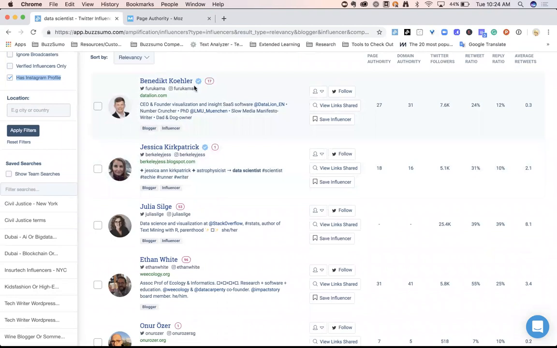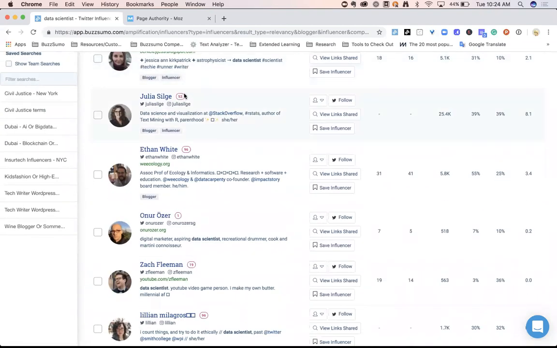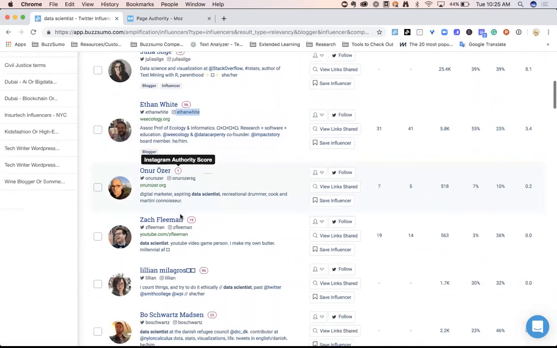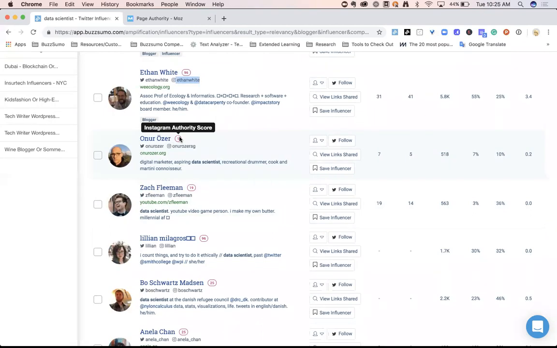This is a 0 to 100 score, higher the better. And you can see that we will pull in the handle here and we'll display the score right above. So again, the higher the better here. If you can get it all the way up to 99, terrific. But look, if you're trying to work on Instagram,